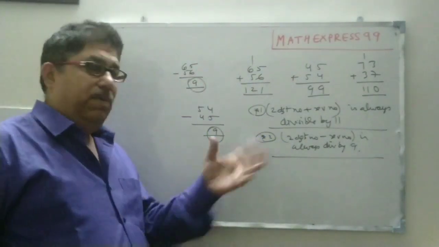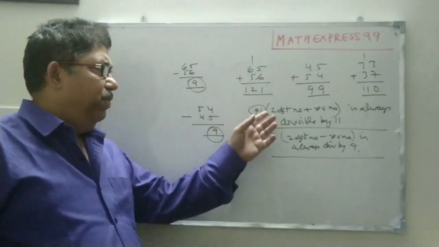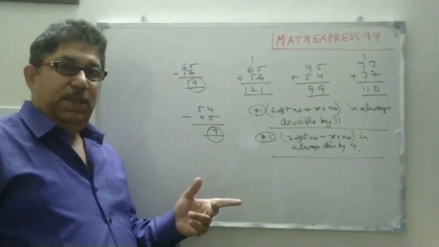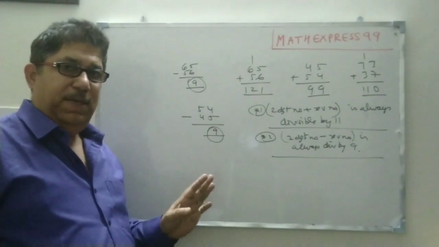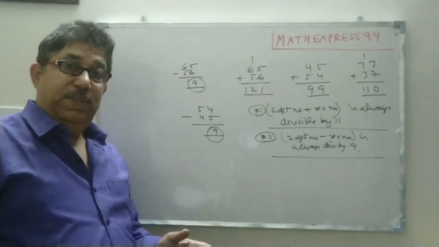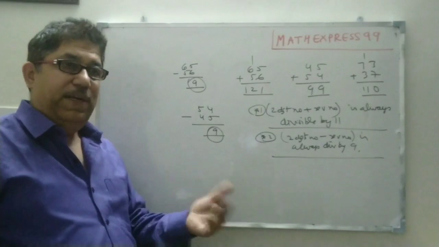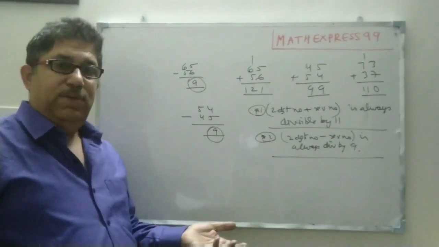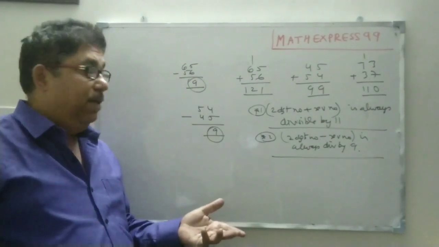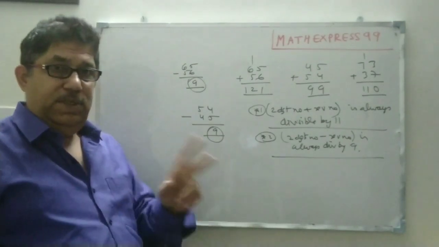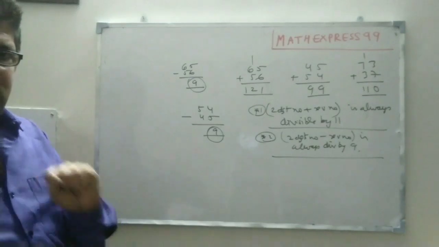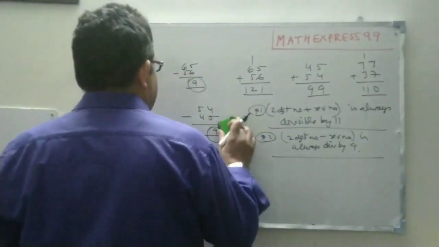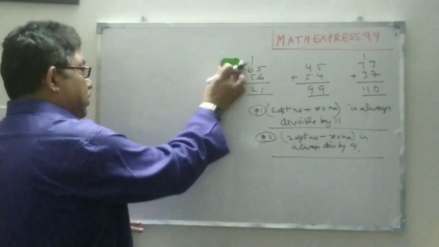So what can we say about a two-digit number? If you have a two-digit number and you reverse it, then you take the total, naturally the total is always divisible by 11. If you have a two-digit number, you reverse it, and then you find the difference, meaning the greater minus smaller, then the difference is always going to be divisible by 9. So these are the two things we learned from our number games. Now let us pass on to three-digit numbers and observe something like that there also, if it is possible.